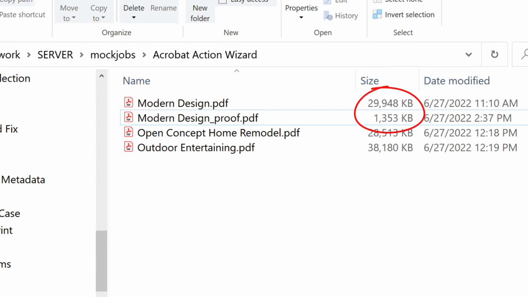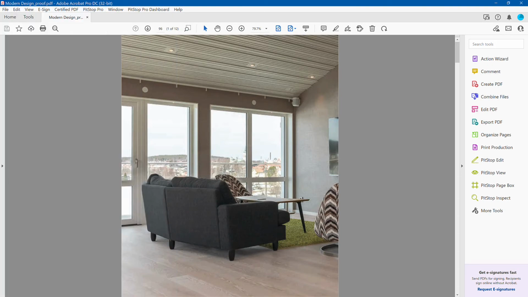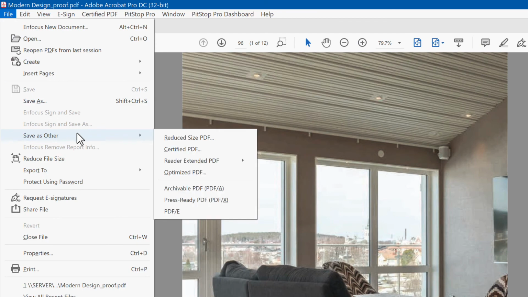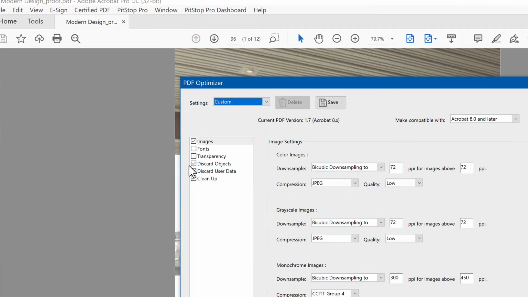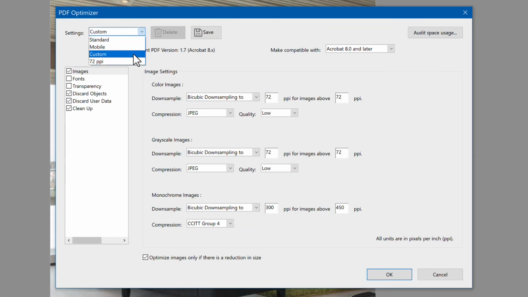That's good for a PDF of many pages, but I also like an action to use on single pages and show more detail. To make another action, start again at Optimized PDF. In the Settings list, choose 72 ppi and change the resolution. And this time, I'll make the quality high. Save that as 150 ppi.